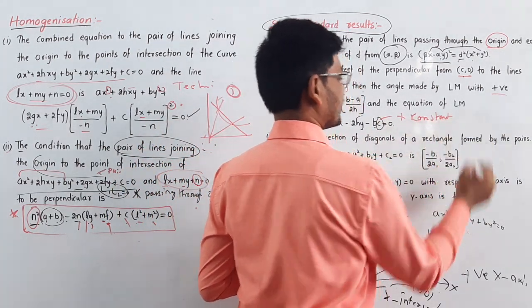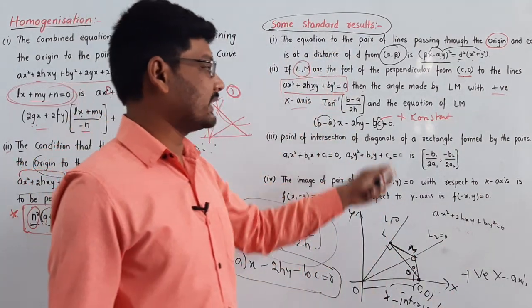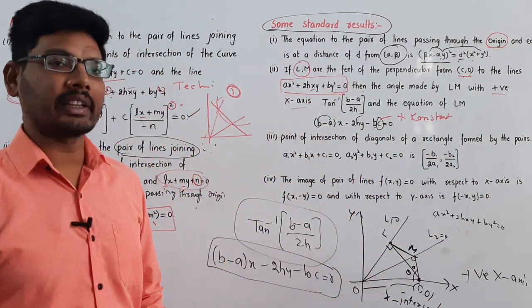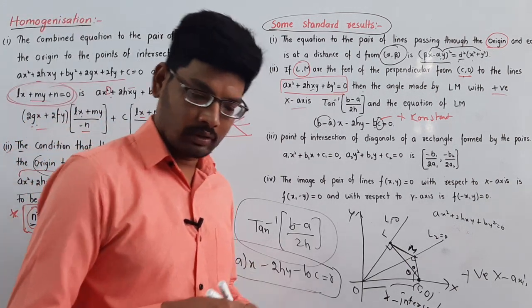This is not a constant. C is nothing but not a constant. This is the x intercept. We need to substitute here. This is all about the second point here. And the next point,